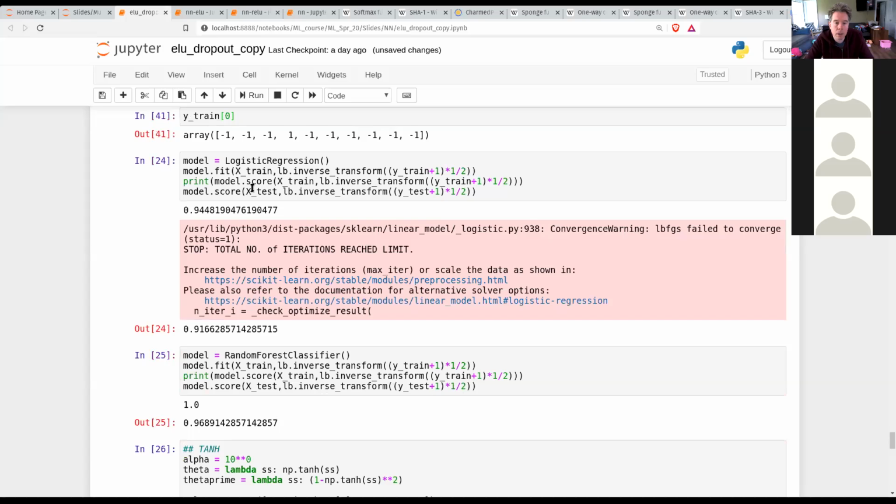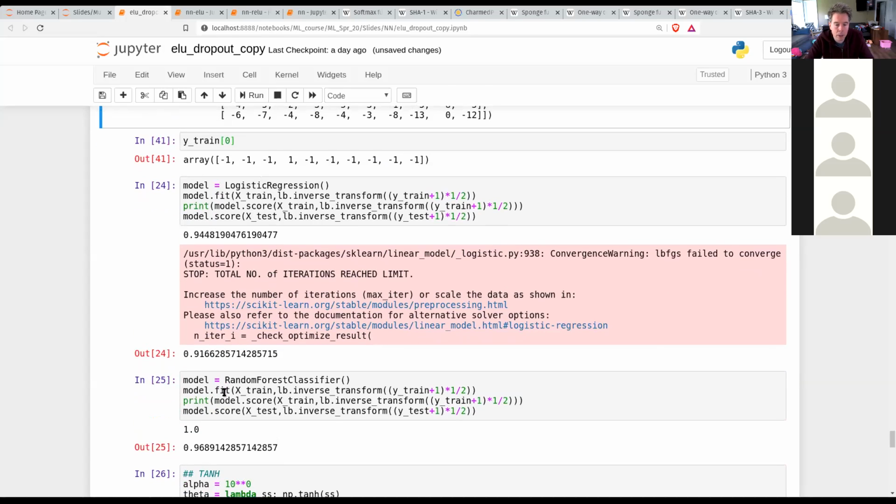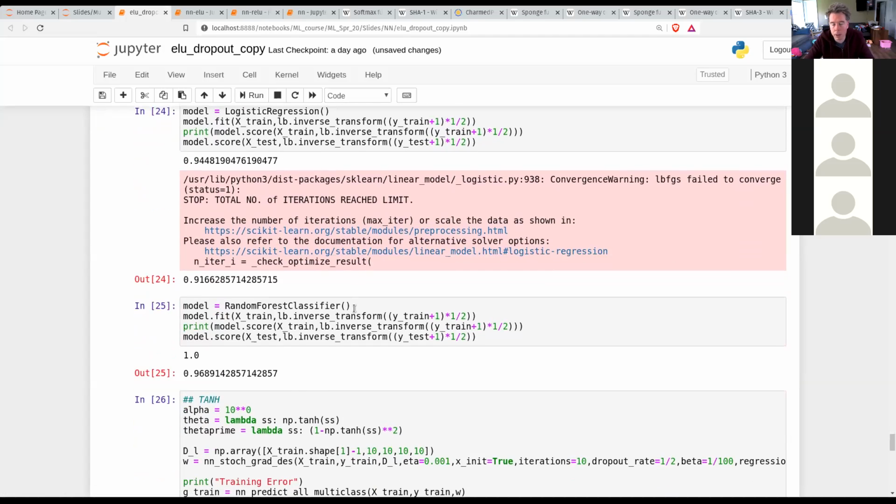I think it can beat logistic regression, and then it gets pretty significantly whipped by random forest on this data set. But of course, you could adjust the hyperparameters and change the behavior a little bit. Okay, so let me stop the